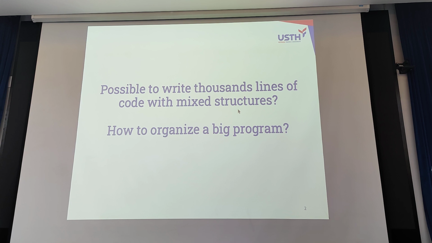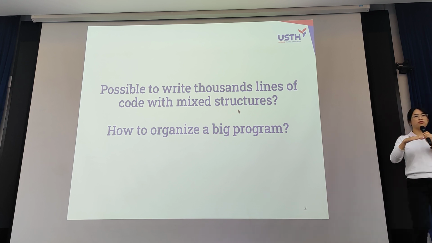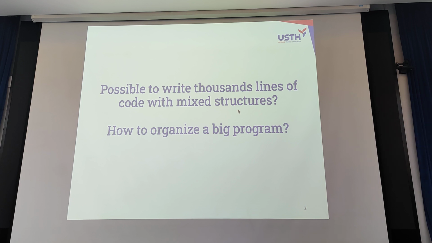Actually, we try to answer the question. Let's say there are many problems in daily life, right? From the simple to the complex ones. For a complex problem, if we want to write a program that solves it, we will need thousands of lines of coding.